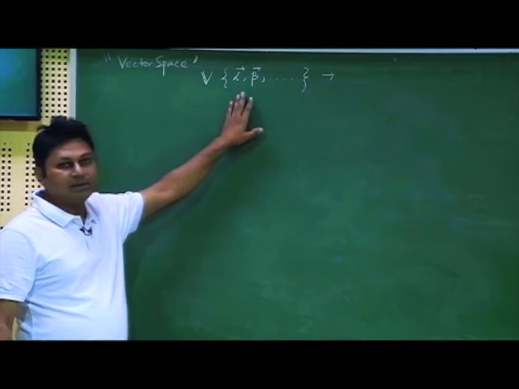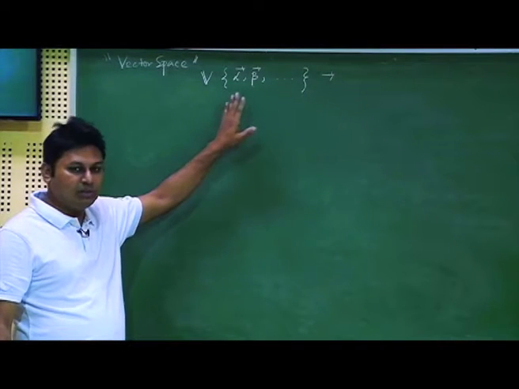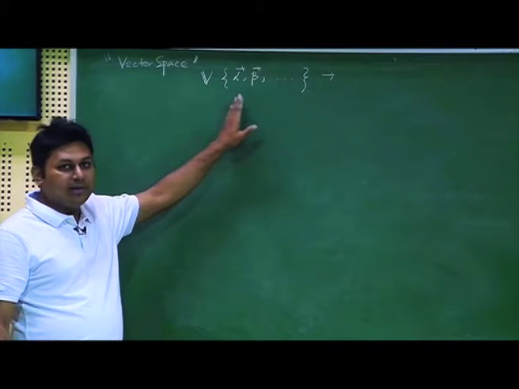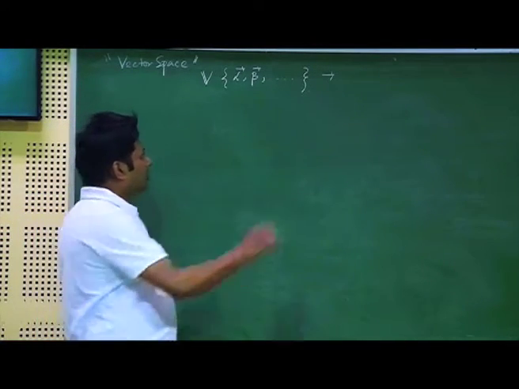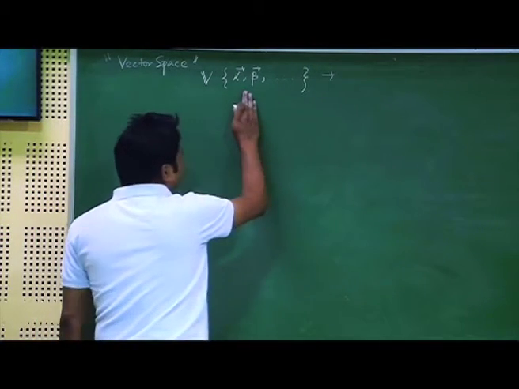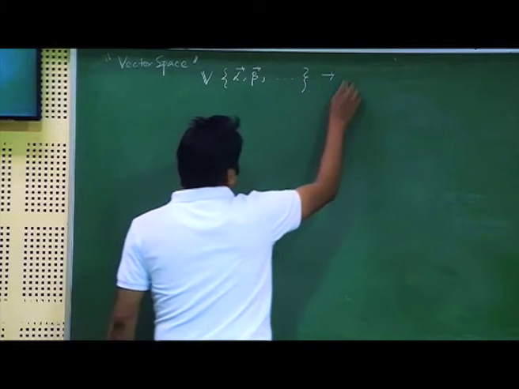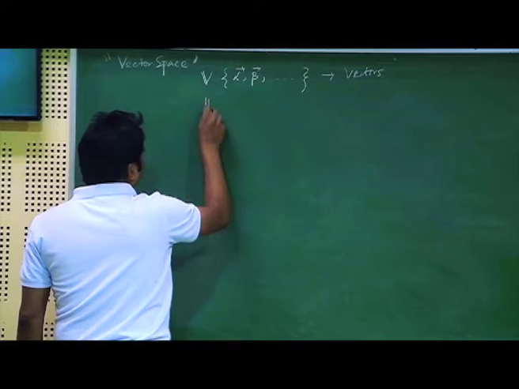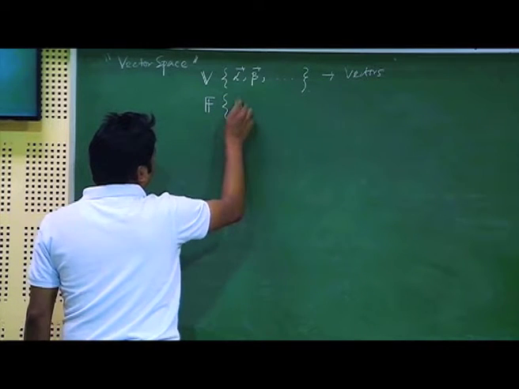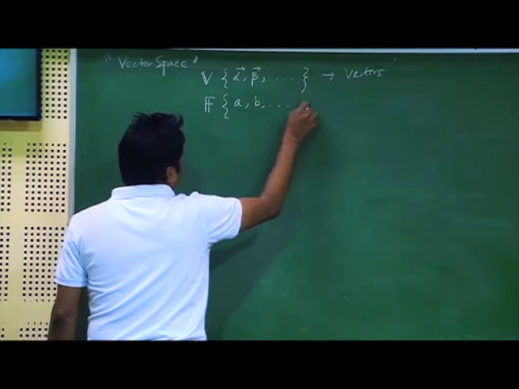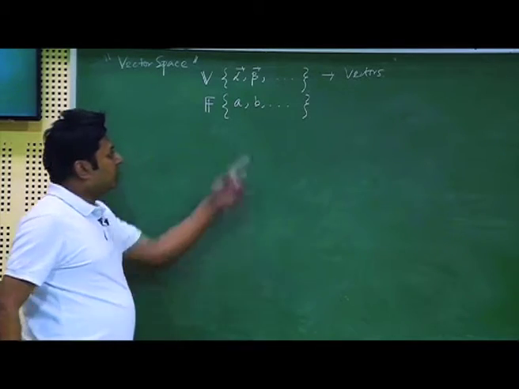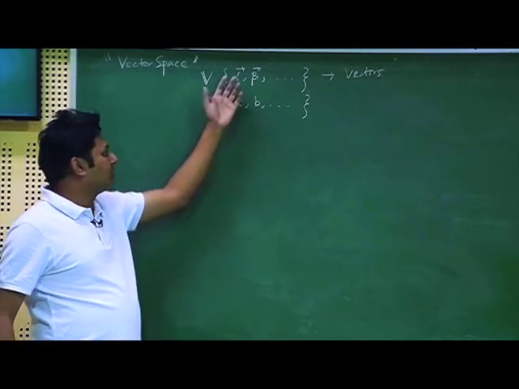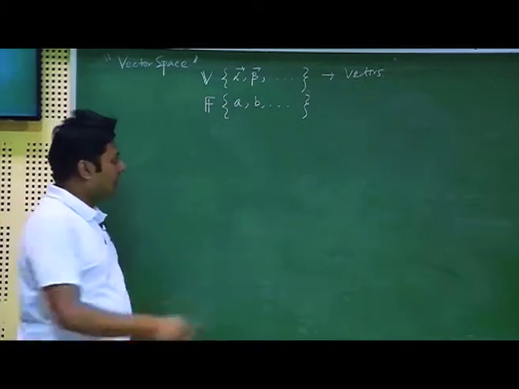Obviously these are the elements that will form a vector space and we will deal with that, but you should note that it is not always true that only these elements form the vector space. So these are the elements, we call them the vectors, and I also have a field with the elements A, B, C and so on. To distinguish the two, one is alpha beta and another is ABC, these are two different sets. Normally these are called scalars.